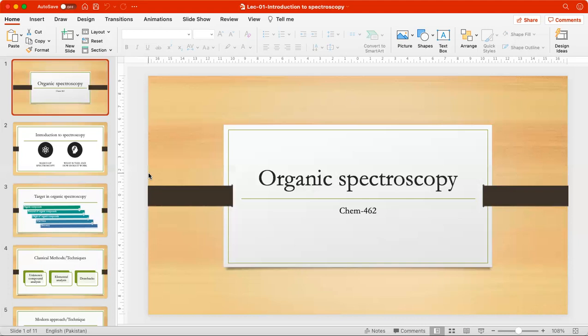We are not going to dig deeply, but introductory level, so that we can acquire the skills to interpret. So the main thing is that we will work with the electromagnetic radiation, and we will learn the skills of how to interpret electromagnetic radiations. The basic thing you need to know is, first of all, the fundamentals of spectroscopy. If you have a strong grip on the fundamentals of spectroscopy, only then you can understand the different types.